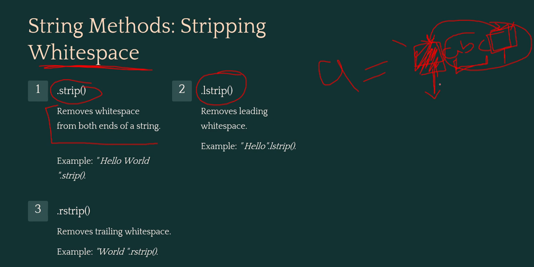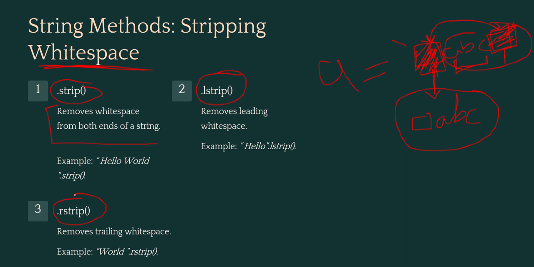What if I want the space at the beginning of the string, but I don't want the space at the end of the string? For example, I want this as output, space ABC. In that scenario, I am supposed to remove this white space. And how can I do that? I simply use the rstrip method for this. For removing the space from the end of a string, I'll be using rstrip.